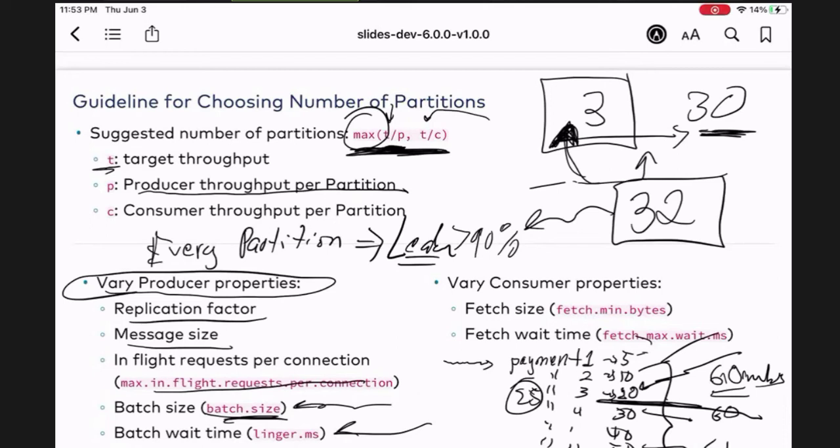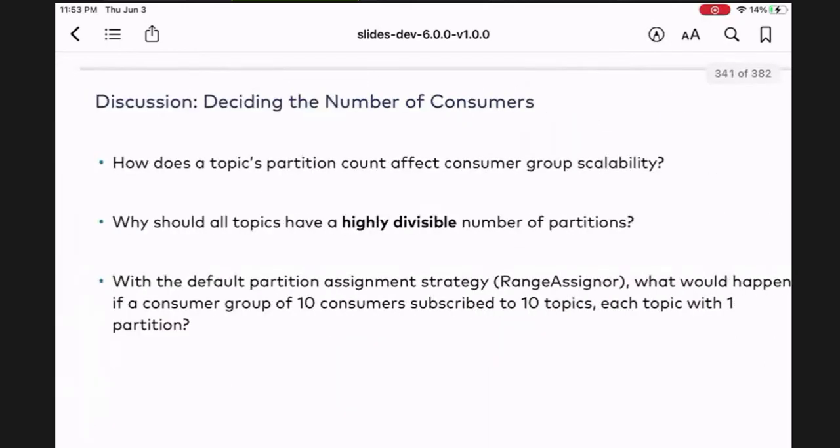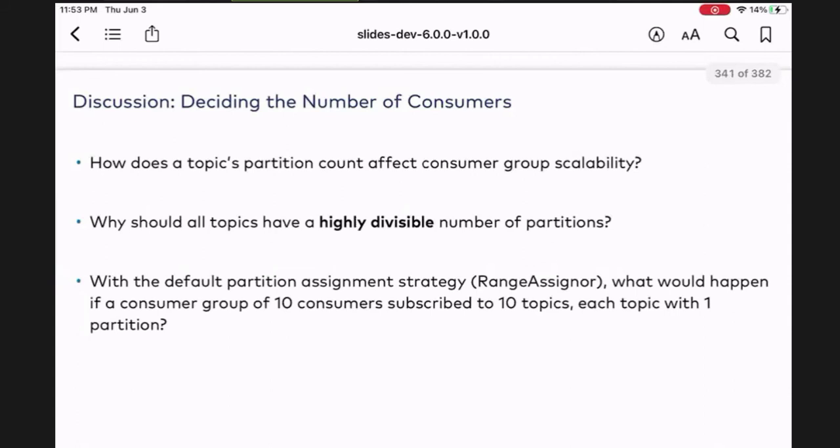And then from the consumer side, when you want to see how fast the consumer is consuming the data, right? Play with the fetch min bytes. Remember, you say the minimum amount of bytes the brokers will send to you. And then fetch max wait milliseconds, how long the broker should wait before sending it to you. So these are, again, some very important things to look at. And you can always increase the number of partitions, but be careful because it affects where the messages go.